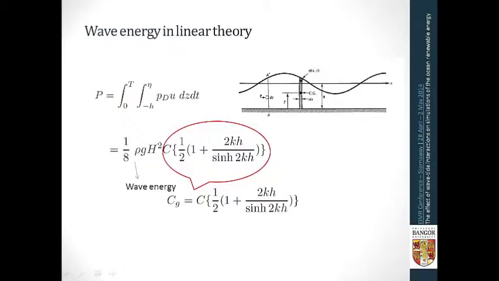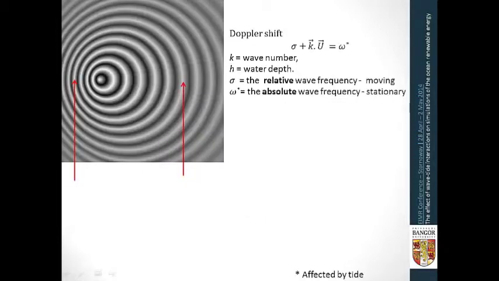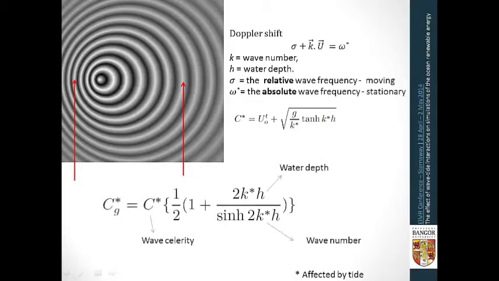So if you superimpose the tide, the first thing that you will see is a significant change in the propagation velocity of the wave. We call it Doppler shift. There is also a change associated with the wave height, but this theory cannot consider that. So if you just consider the effect of tide on the wave speed, what's going to happen based on this simple theory?